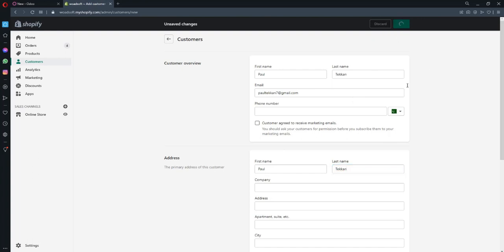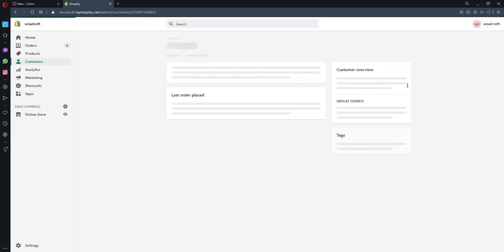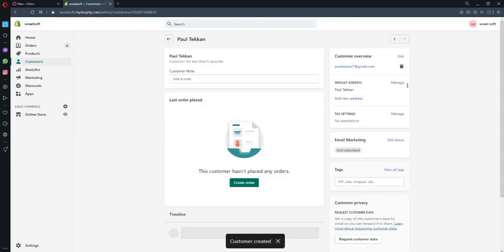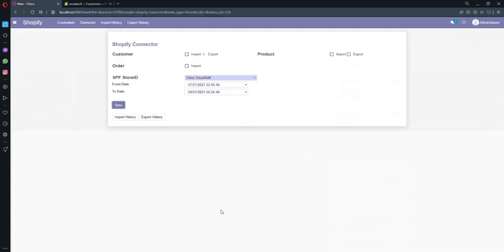And I am going to save the contact. The contact is created successfully. So I am going to import that in Odoo. I just uncheck the export and check the import, and simply click the sync button. The process is completed successfully.